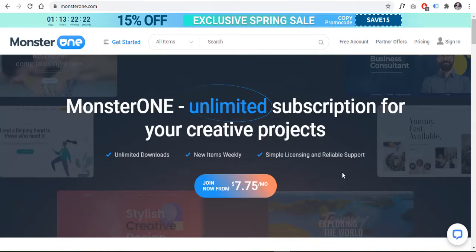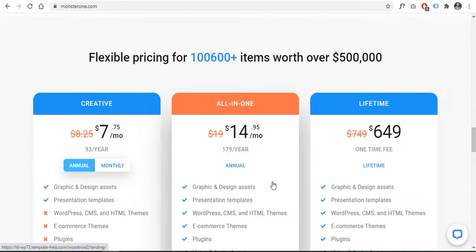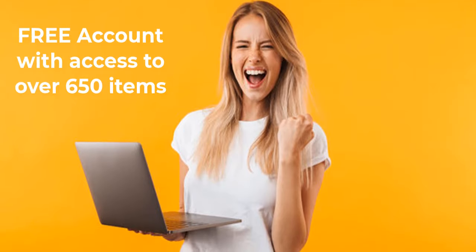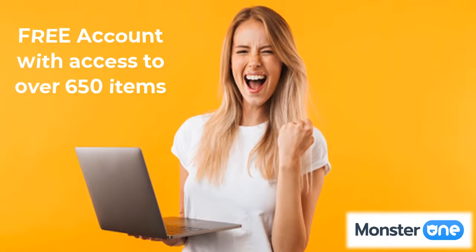Monster One is a universal set of tools for launching and promoting any project. Whether you are a designer, developer or any business owner looking to deliver your project fast, Monster One has got everything for you. Their subscription plans are very affordable and there is no limit on the use of products. That is, Monster One products can be used for unlimited domains and unlimited projects, plus you also get 1 year free support and chat.